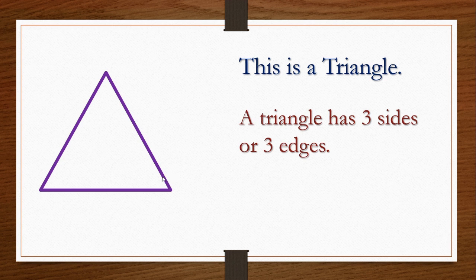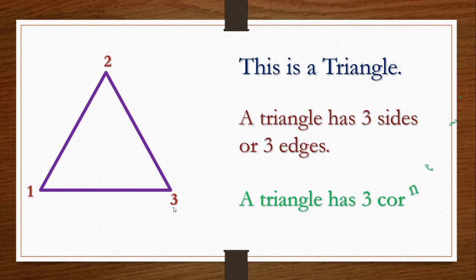Come on. Any corners? Can you see a corner in this figure? Yes, it is there, right? This is one corner. This is one and this is one. Correct? So we will write 1, 2 and 3. Triangle has 3 corners. Right? And what is the name of this figure? Triangle. Tri means 3. A 3-sided closed figure means triangle. Okay?